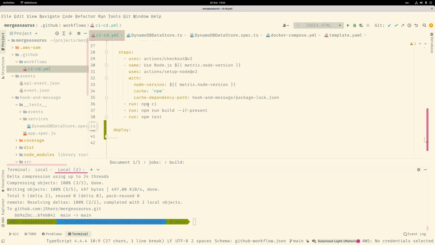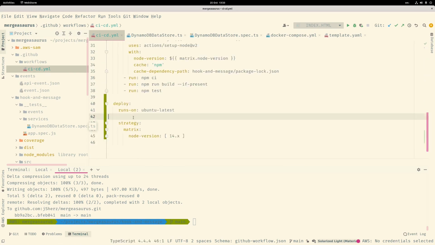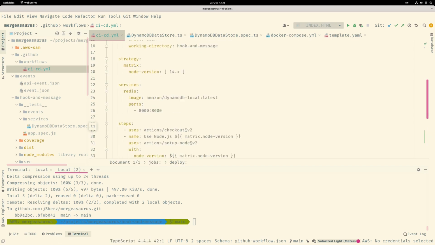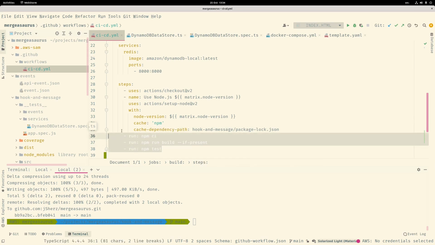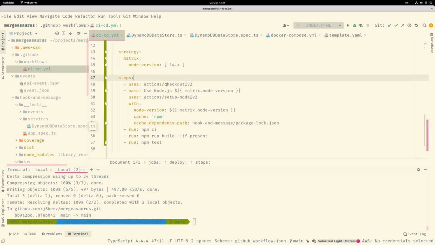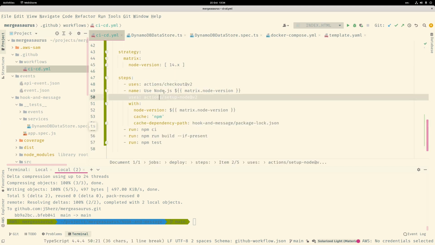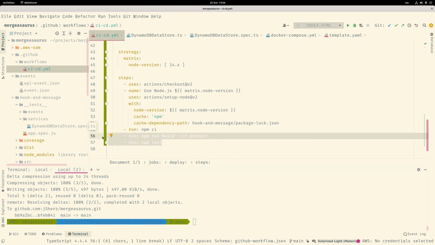So we're still going to be running on Ubuntu. We are still going to keep the strategy for now, even though we're only currently building for one version of Node. Services we're not going to use because we've already run the tests at this point. We've already checked that that's going to be okay. But we are going to reuse a lot of the same sort of stuff. So we still want to check the code out. We still want to get Node.js installed, and we still need our